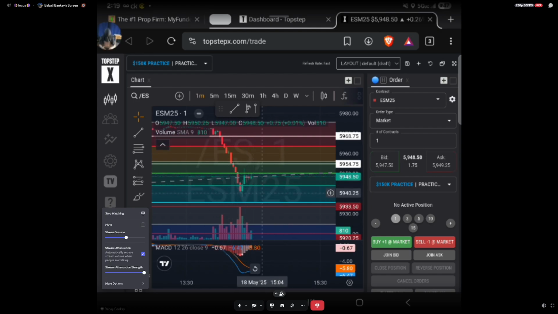There's other psychological things to be aware of, but yada yada. At the end of the day, the key here is managing your plan and managing your losses and managing your rewards. So if I say this right here is the bottom and it's going to go up, and it goes up, where is my stop loss? My stop loss is most likely going to be around this green line.